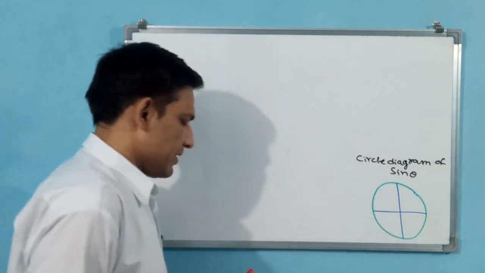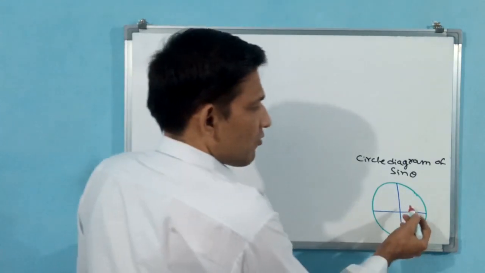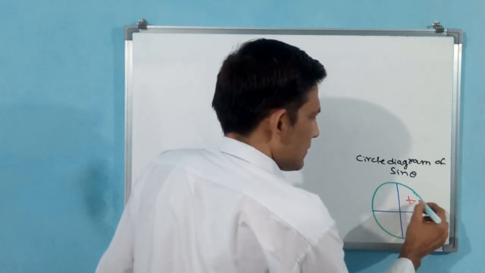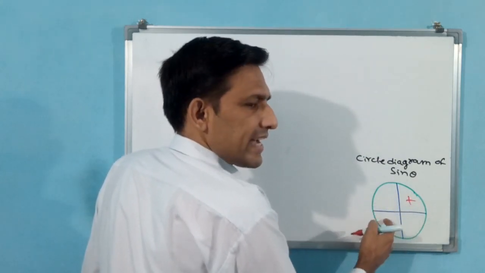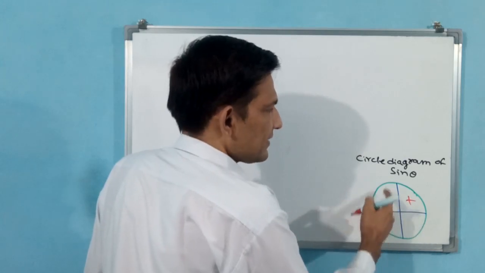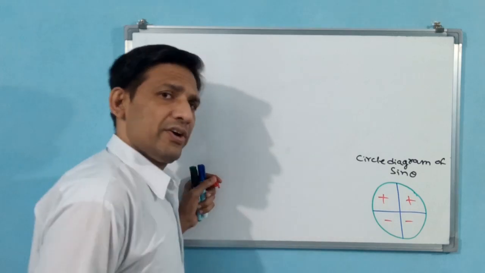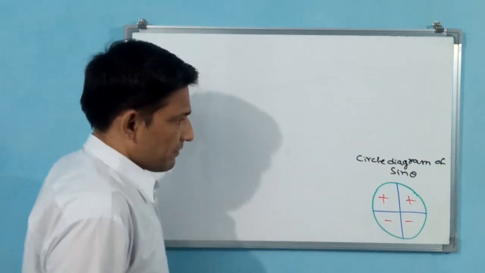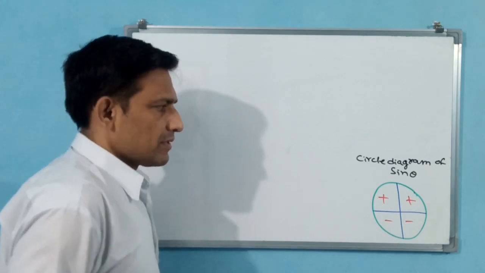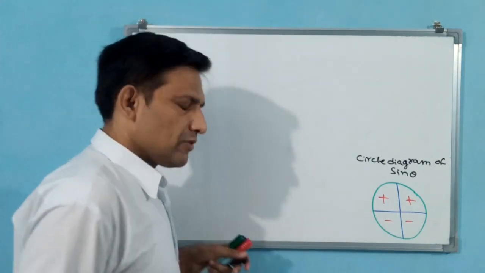Okay, now you tell me, in any circle diagram, this quadrant is positive. All silver tea cups: all, sin, tan, cos. All sin. That is why here is positive. The remaining two are negative. Now this is over for the positive or negative symbols. But what about values? Values also we have to write.